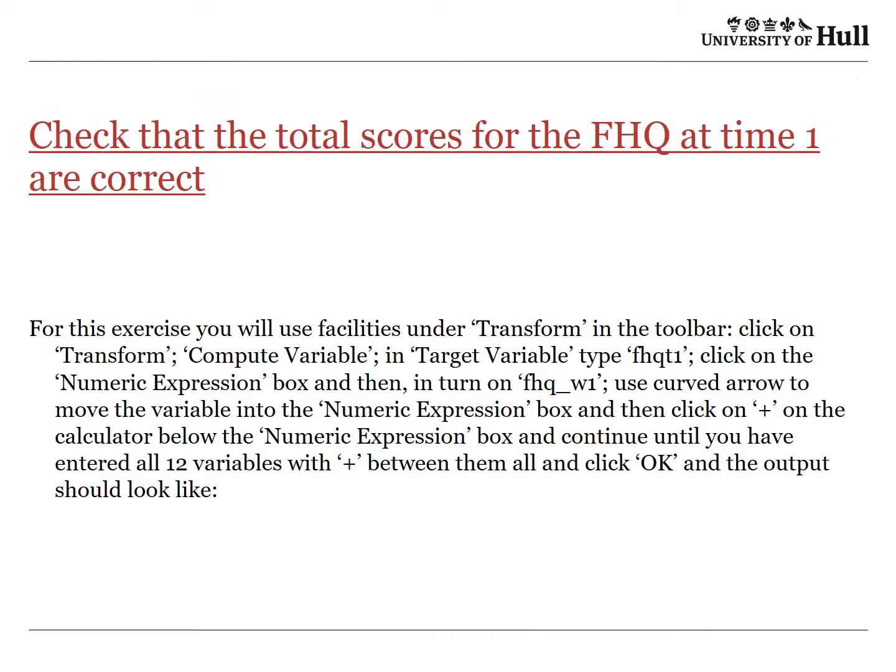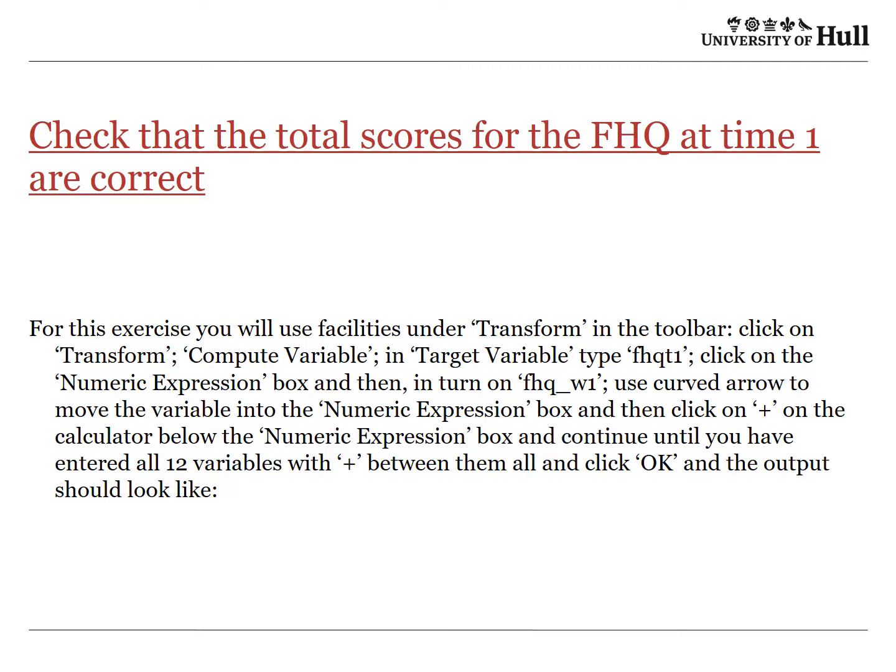Next, I want you to check that the total scores for the FHQ at time 1 are correct. For this exercise you will use facilities under Transform in the toolbar. Click on Transform, Compute Variable, and in Target Variable type FHQT1, click on the numeric expression box, and then in